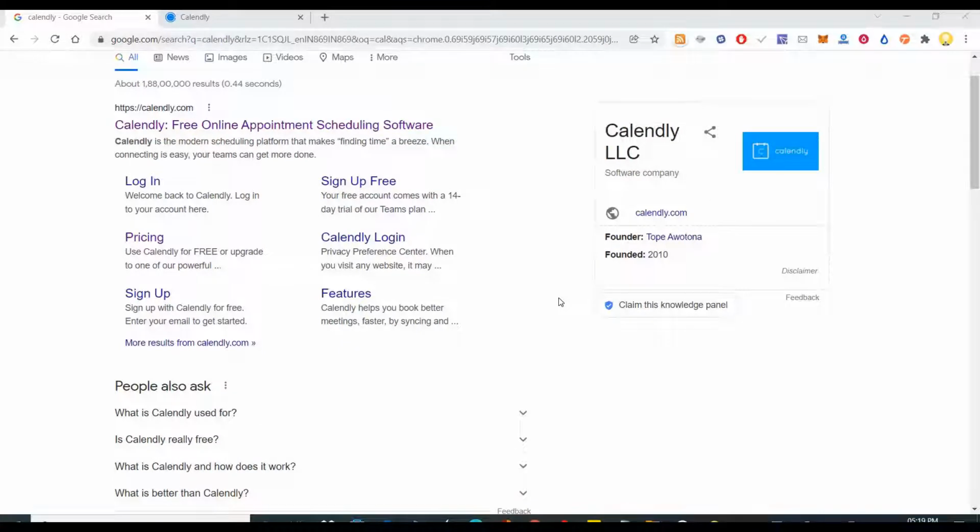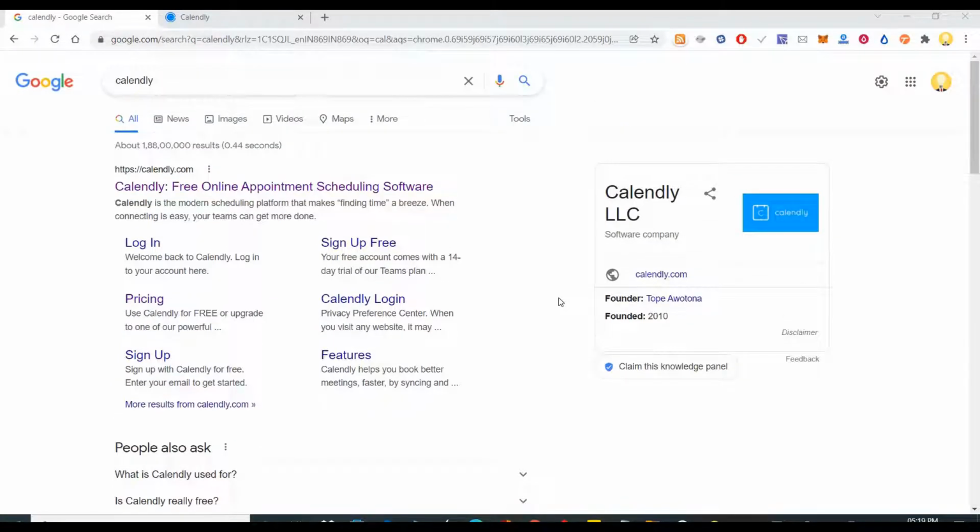Today I want to talk about a tool called Calendly. Calendly is the modern scheduling platform that makes finding time for a meeting very easy, and it integrates multiple platforms. Normally when you booked a meeting earlier, you had to send multiple emails